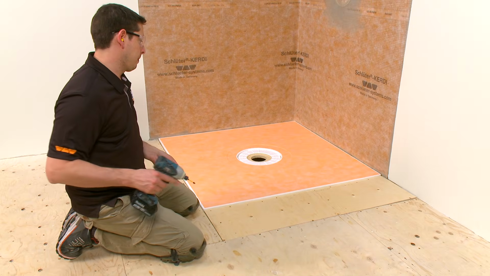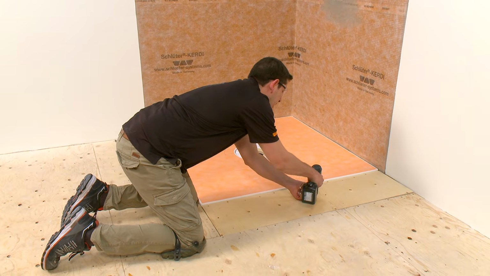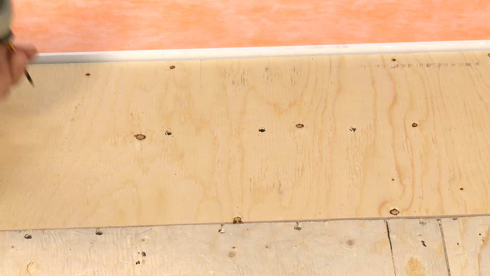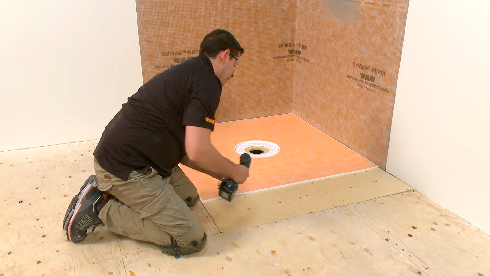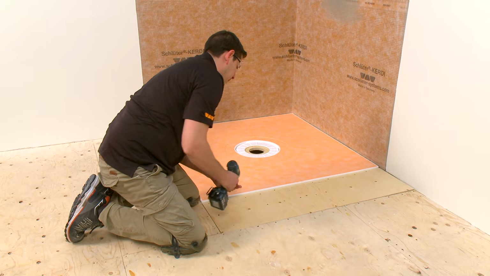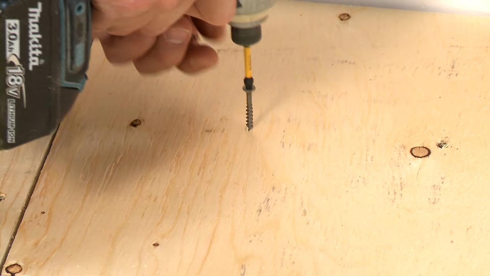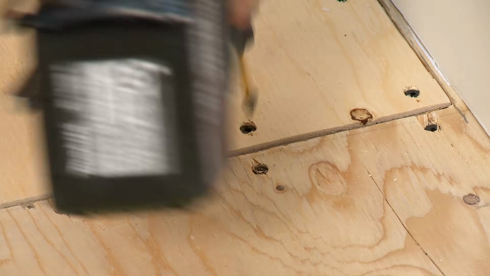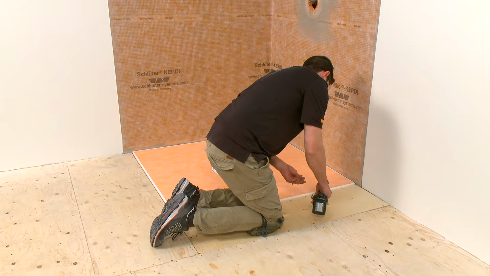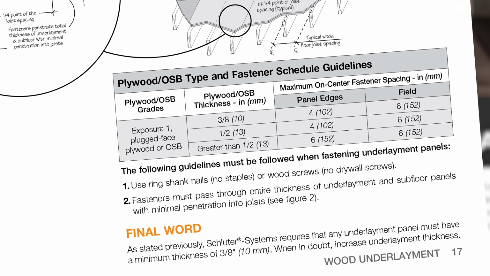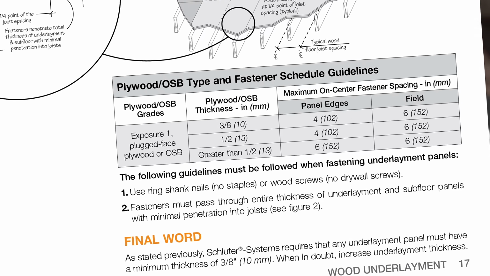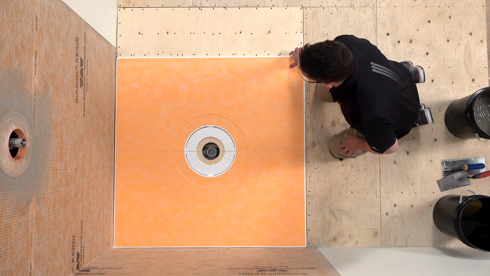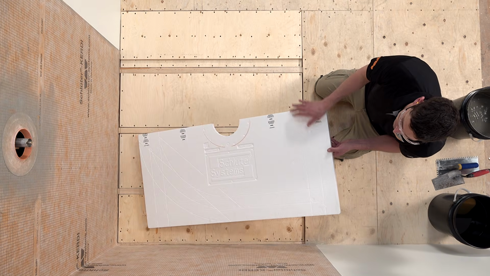The face grain of the plywood, or strength axis of OSB, must run perpendicular to the framing. The leading edge of the panel must be gapped from the existing subfloor and fastened to the floor joist in accordance with building code requirements. Where the panel overlaps the recessed plywood, it is fastened as though it is an underlayment. The maximum on-center fastener spacing is 6 inches along panel edges and 6 inches in the field. Refer to the wood underlayment guidelines in the Schluter Detroit Installation Handbook for complete specifications. The preparation of the recessed subfloor is now complete, ensuring proper support in the shower area.